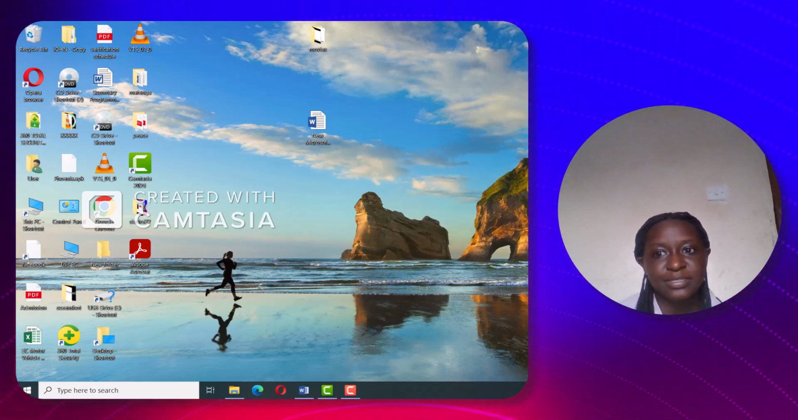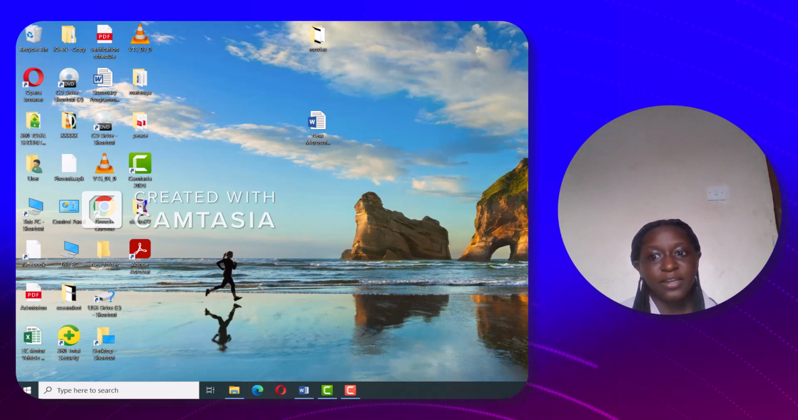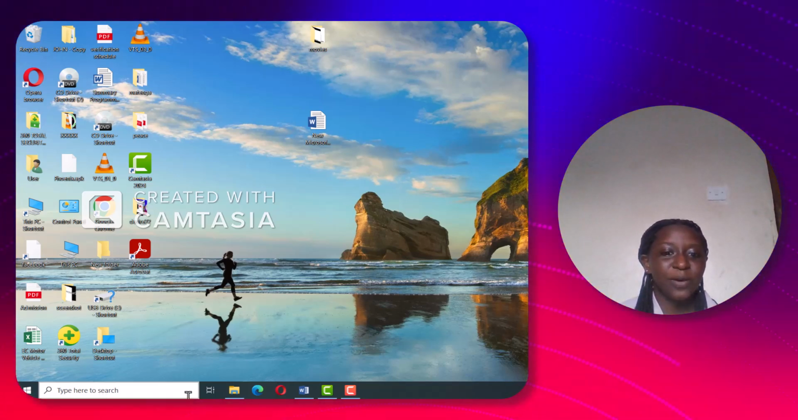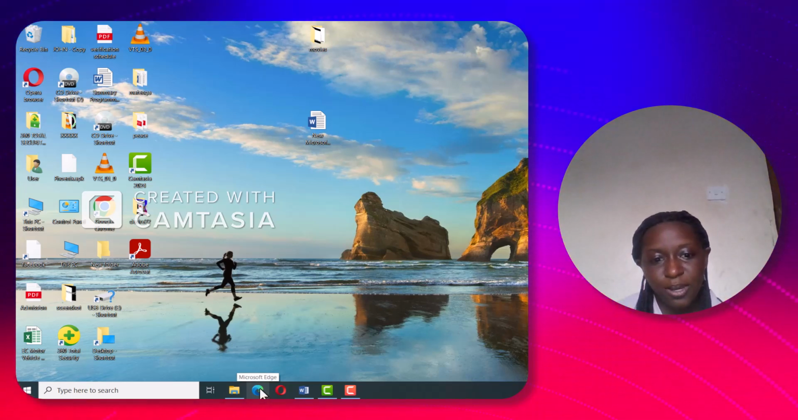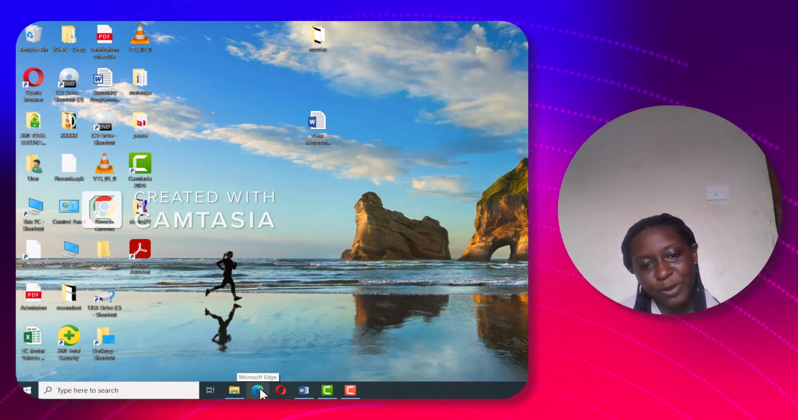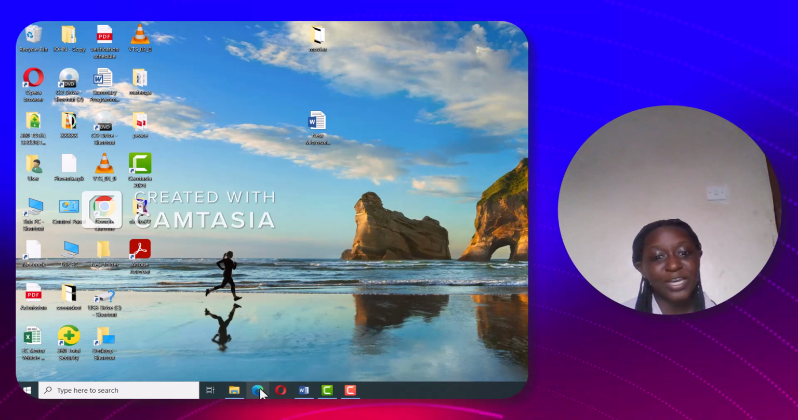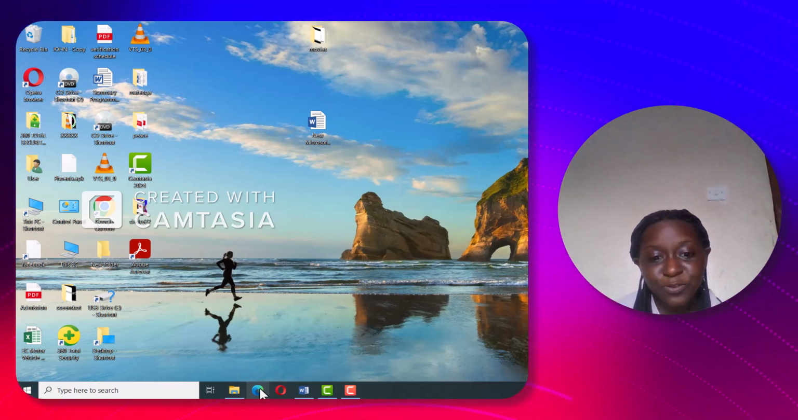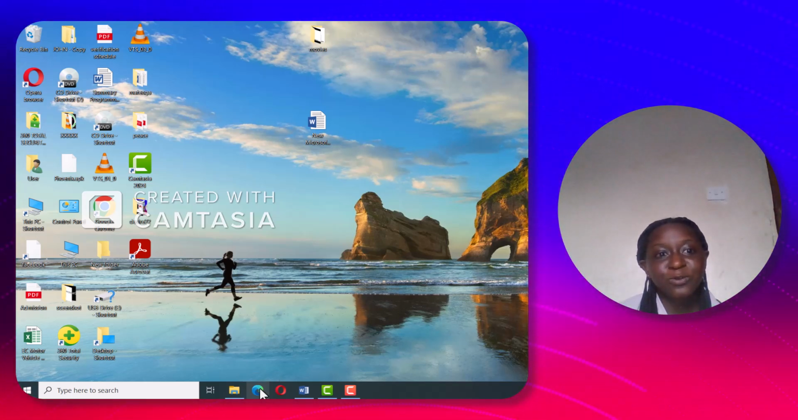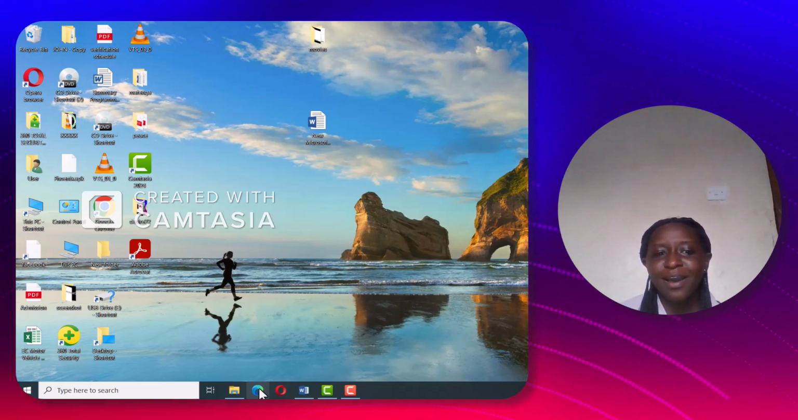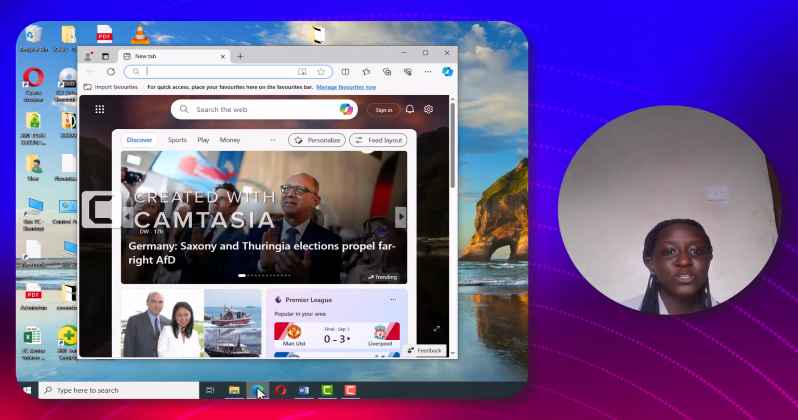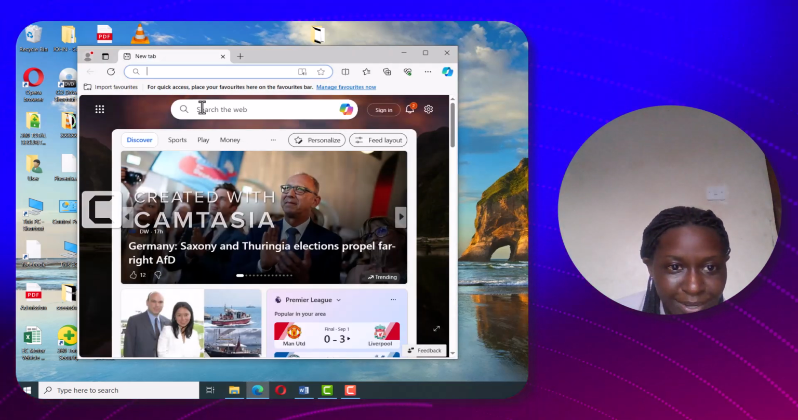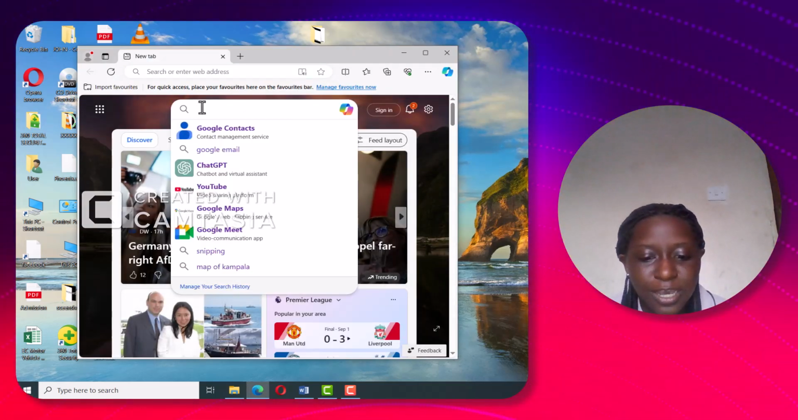So how can we access an email? How can someone open up an email account? Just like always, I love using Microsoft Edge, but it's not a must that you use Microsoft Edge. There is Opera browser, there is Google Chrome. There are a lot of web browsers that you can choose to use. So for me, I'm going to use this one, and I'll just type